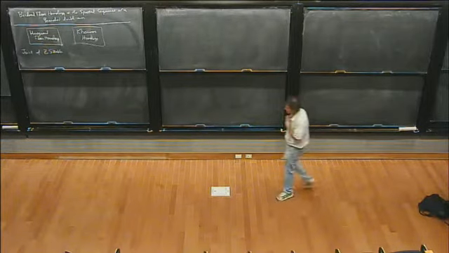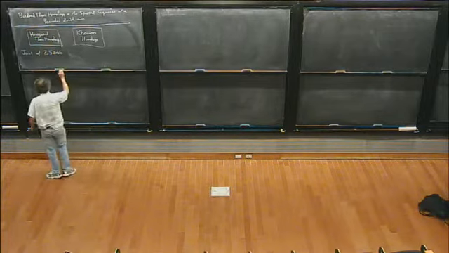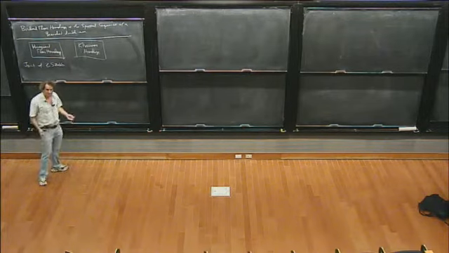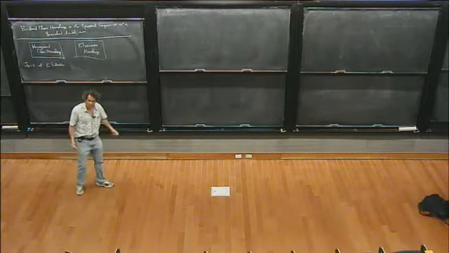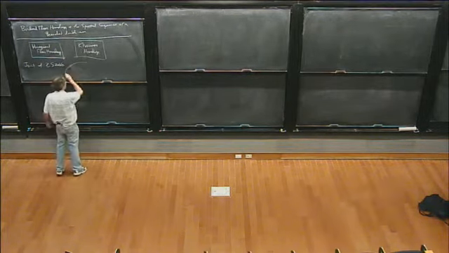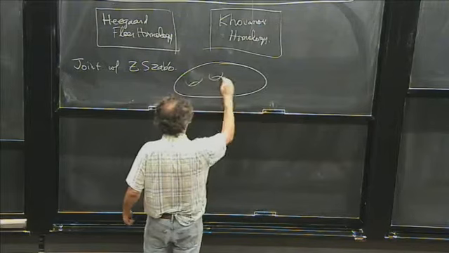Heegaard-Floer homology is an invariant for three-manifolds, which is defined by some constructions from symplectic geometry. I want to say almost nothing about the definition, but I'm going to mainly talk about properties. But in case you just beamed in from Mars, I'll give you a 2-minute description, which will be enough to reconstruct the definition. So you start from a Heegaard diagram